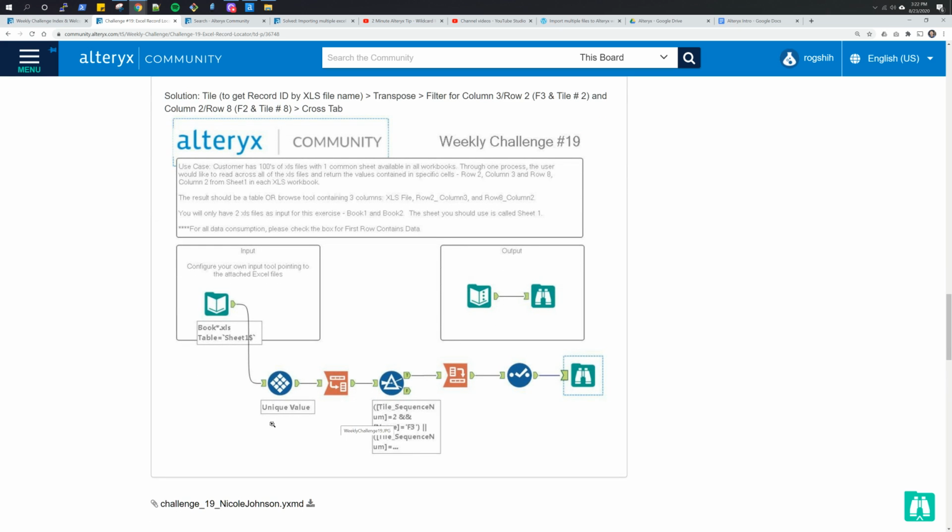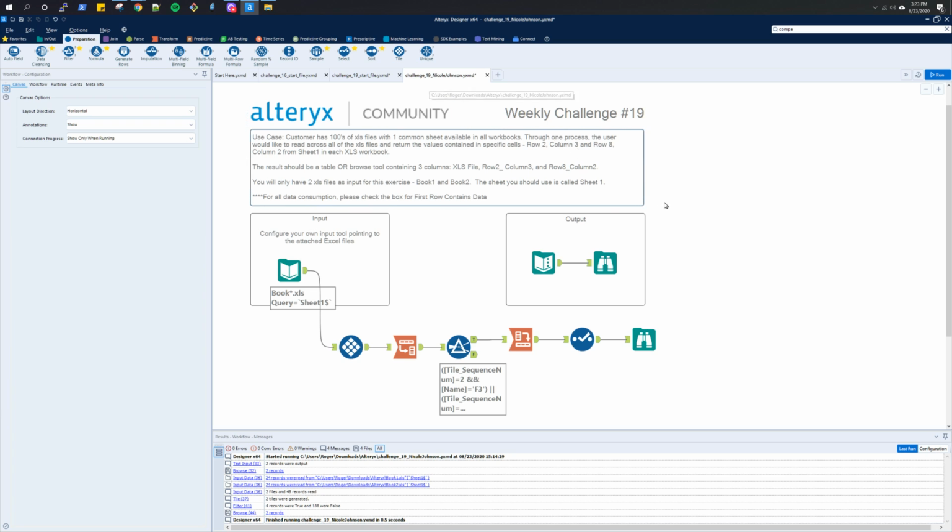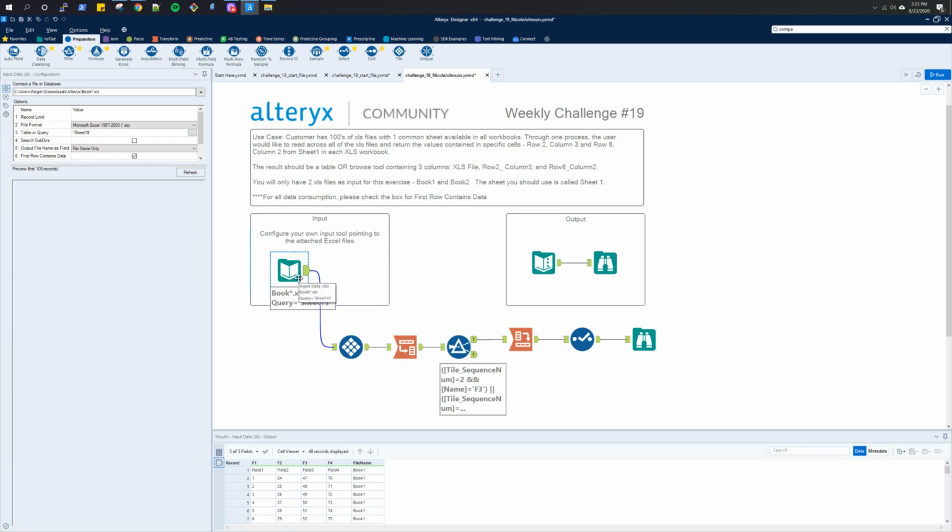There was the tile tool, which I never used before. So I decided to take a look at her output. So I went ahead and downloaded her solution to take a look. Again, I am just learning, so for me, it's not a big deal to take a look as long as I learn it for my core exam. I think it's worthwhile. So here I can see that she did an input tool just like I did, and